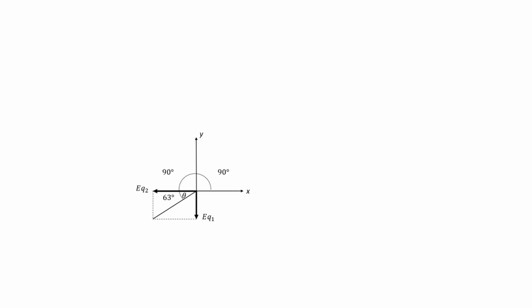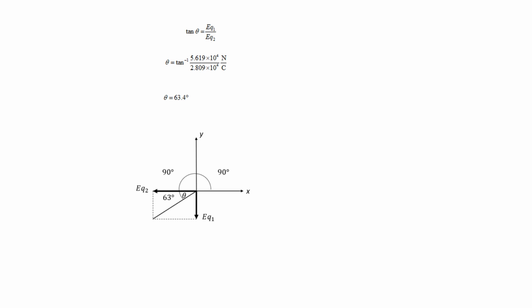Taking our magnitudes from earlier for EQ1 and EQ2, we want to draw a new diagram to find the direction. We can use vector addition to find our angle theta by moving EQ1 and EQ2 to their opposite sides. We use SOHCAHTOA here to calculate the angle theta. We want to use tangent and take the opposite side of theta divided by the adjacent side of theta. So we divide EQ1 by EQ2, and then, using inverse tangent, we get the angle theta as 63